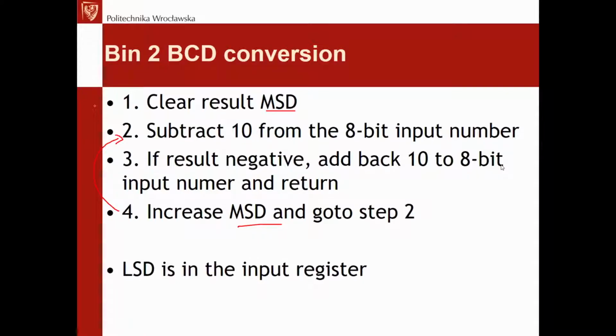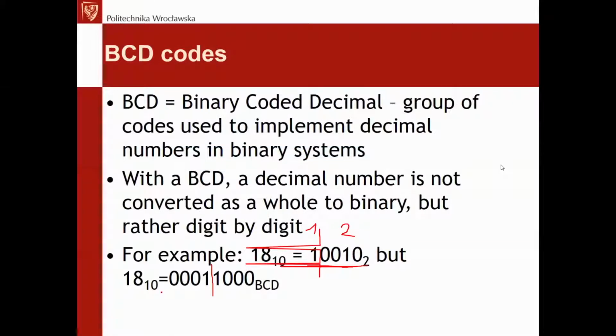This is also the simplified algorithm for numbers from 0 to 99, for 2-digit BCD numbers, but naturally the BCD numbers can be longer, so they can have any length. So it really depends on the number of